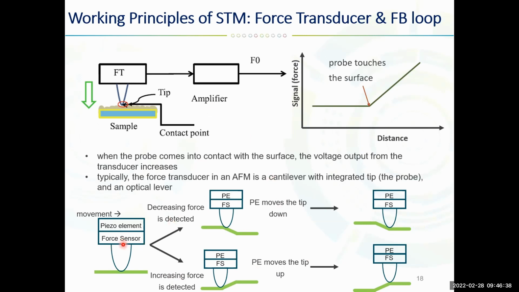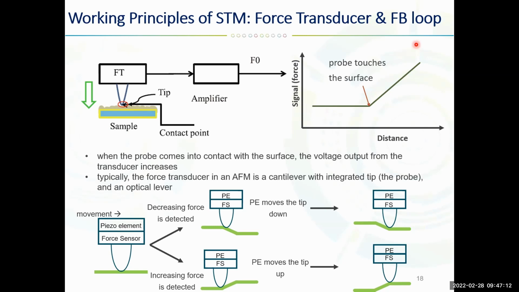As I've already mentioned, there's a force sensor. The force between the AFM probe and the surface is measured by this force sensor transducer. As illustrated here, when the probe comes into contact with the surface, the voltage output from the transducer increases. It is important that the output of the transducer is monotonic and increases as greater force is applied between the